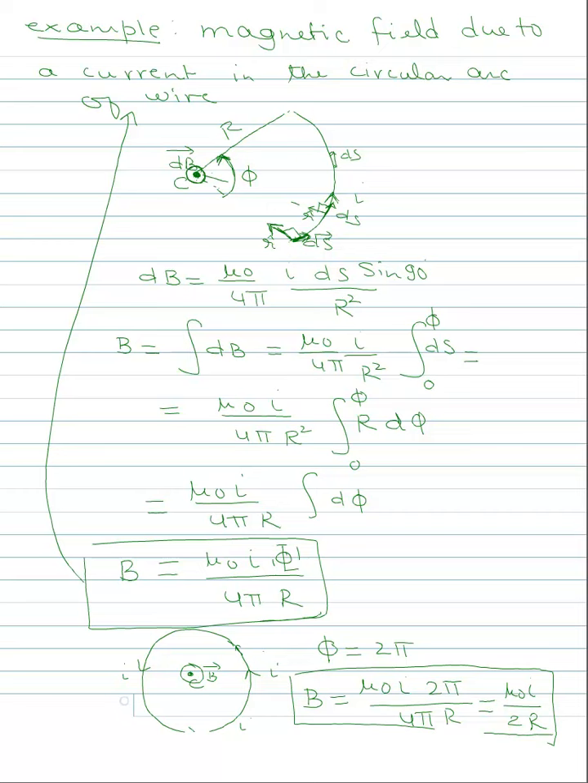Alright, so let's look at another example. This time the example will be very similar to the magnetic field due to a current in a circular arc of wire, except that we have something like this. This example has some wire that looks like this. And in this case, let's say we have to find the magnetic field at the center of this circular arc again,